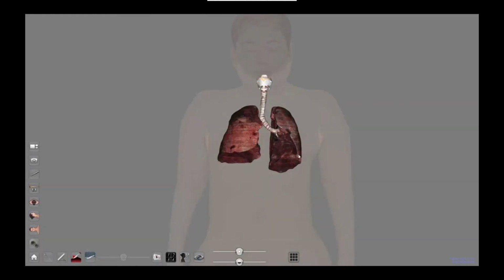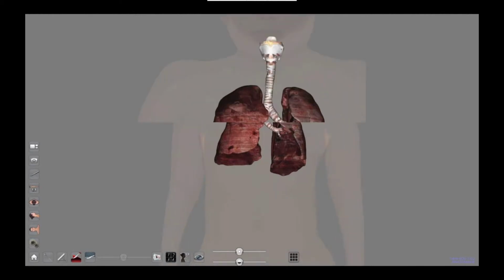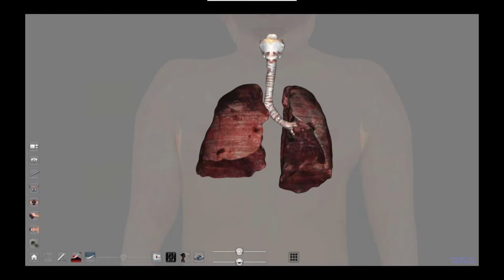So Vicky. In here, I've already put the skin in transparency and activated only the lungs. And already from a first sight, you can see the difference qualitatively between this structure, the lungs of Vicky, physiological lungs, and the one of Victor. But to have a better comparison, we can use one of the features of the table that will divide the screen in two. And you can do this by opening the settings,